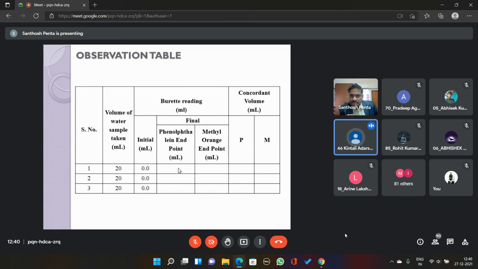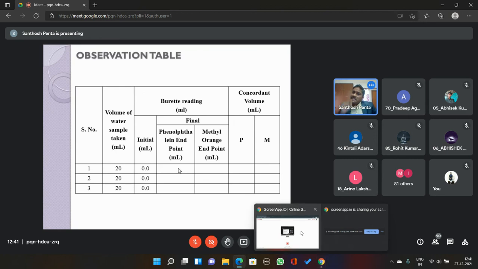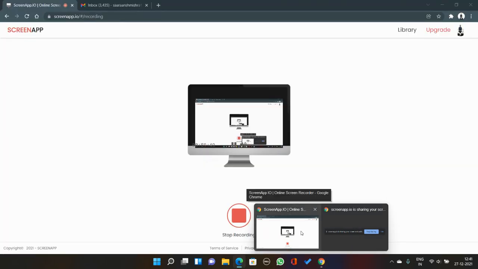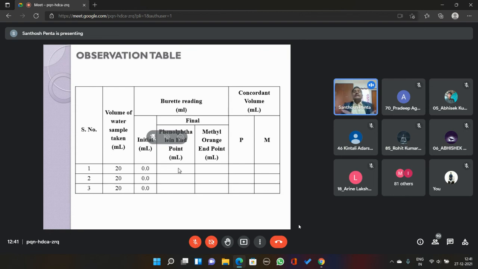If carbonate is present, bicarbonate is also created. That is correct. Because if carbonate is there, half neutralization of carbonate with phenolphthalein indicator while titrating with acid is going to produce bicarbonate. Earlier there was no bicarbonate, but due to neutralization of carbonate, bicarbonate ions are generated. If carbonate is there, certainly there would be bicarbonate. If bicarbonates are there, certainly the methyl orange indicator is going to show the yellow color. Here, the solution does not give any coloration with methyl orange indicator, which means bicarbonate ions are absent.